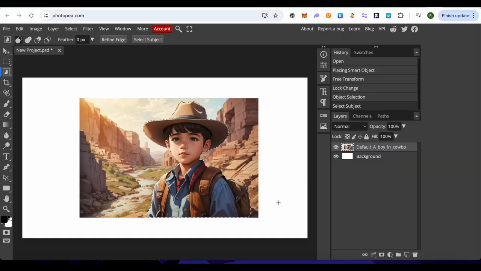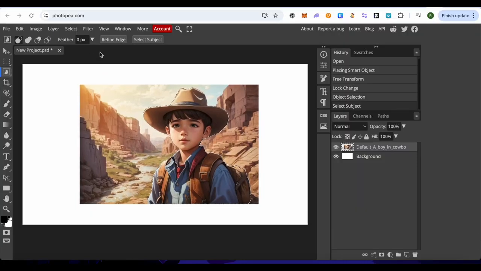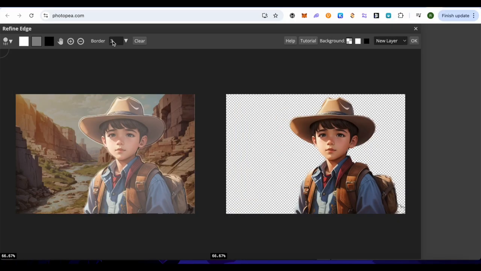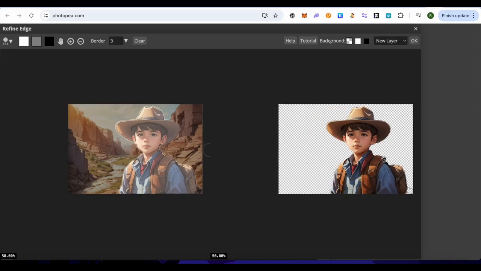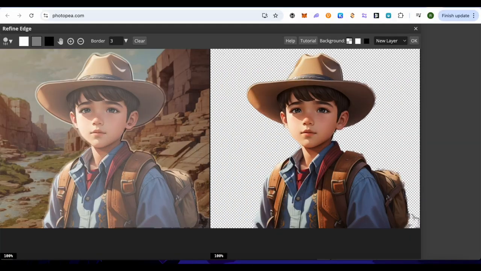And if you still find some problems, simply zoom into this particular layer and click on this option of refine edge in order to remove the unselected parts, or if you want to remove any additional part, and this is how it will appear. Now suppose we want to remove these pixels, then we will just simply zoom in over here